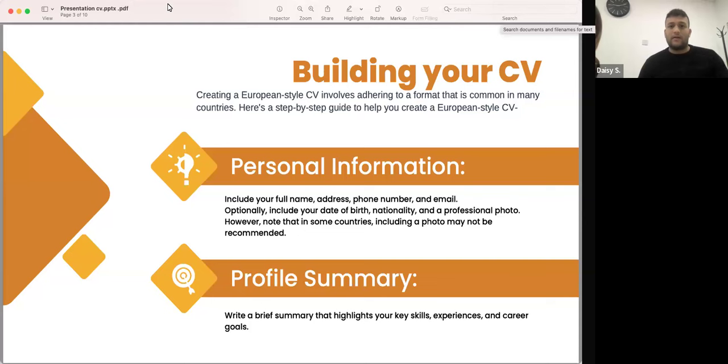It is hard to find a part-time job. So the first thing, the student has to make the perfect CV, like the European or the UK style CV. So here is the